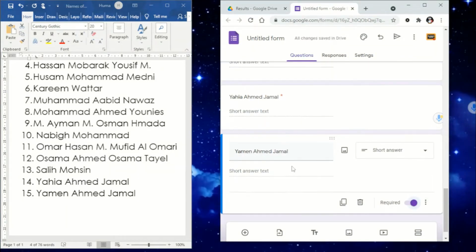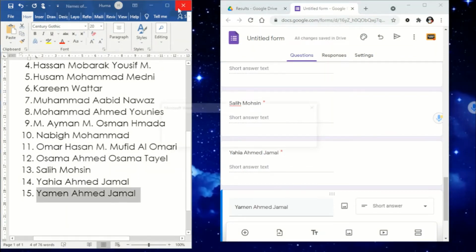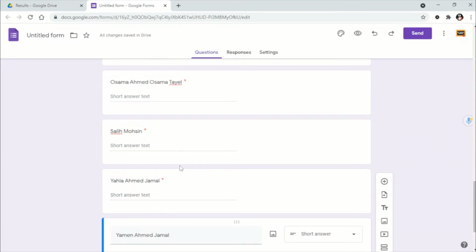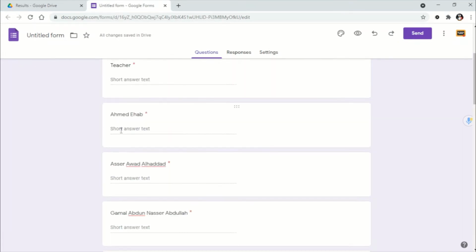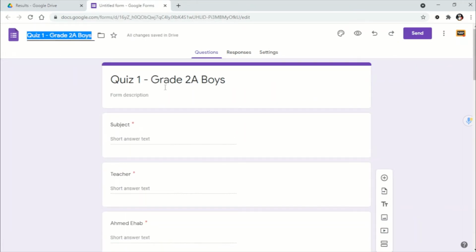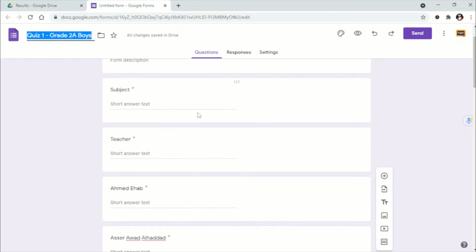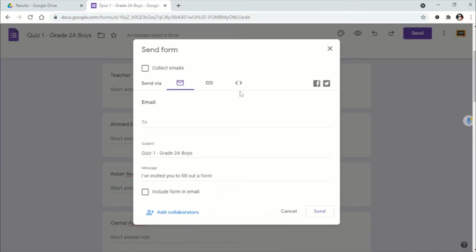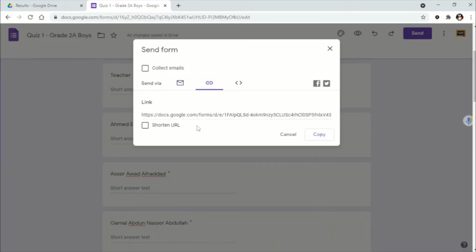Now I have completed adding all of my students. I can just close this Word document and come back to this Google Form. Because I have already named it here, just by clicking here I can get the name of this form. So now my form is ready to be shared. What I need to do is press the send button, click on the link icon. I can even click on shorten URL, and this is the link I'm going to copy and paste in